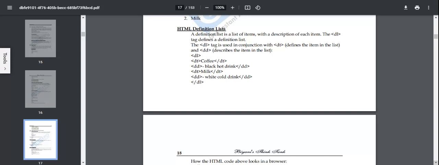DT means it defines the item in the list. DD means it describes the item in the list. For example, if we see the example for creating definition lists,